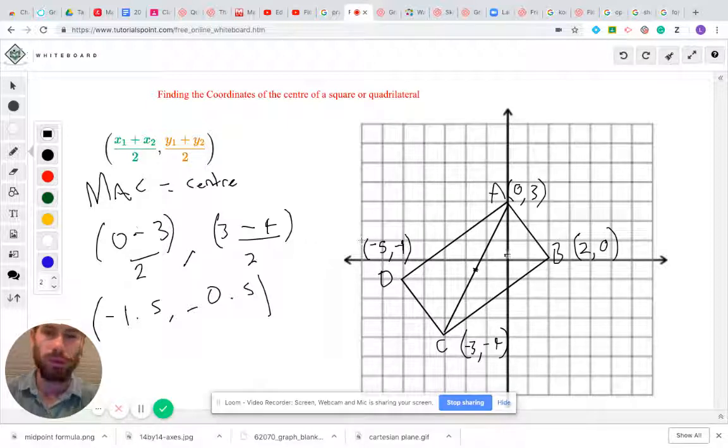Now, I did also promise that I'm going to prove it. If you understand that, that's fantastic, but just as proof that this actually works, I'm also going to put in this second diagonal, and I'm